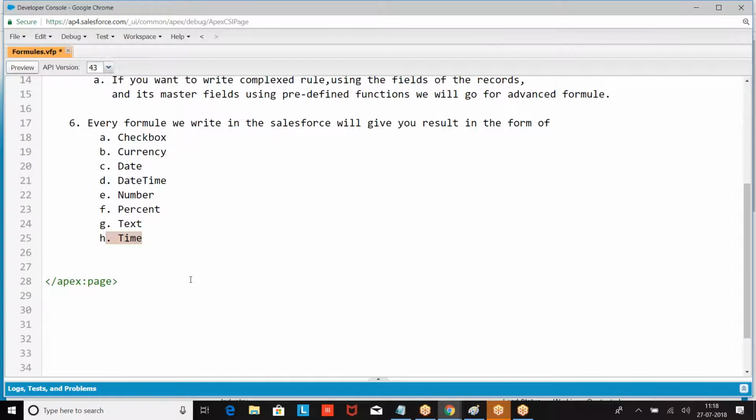So when you are writing a formula, first you have to tell what type of result you are expecting. Then you have to write the formula. So before writing the formula itself, you should be aware of what type of result we are expecting. Then only can I go for the formula. I hope you are good with this. Okay. Now when I am going for a formula, some predefined functions are there. So, predefined functions.